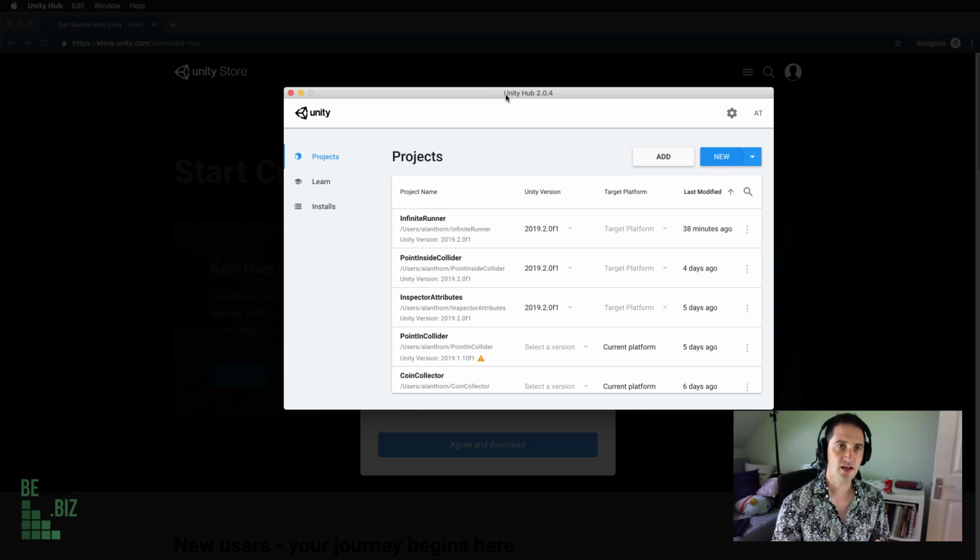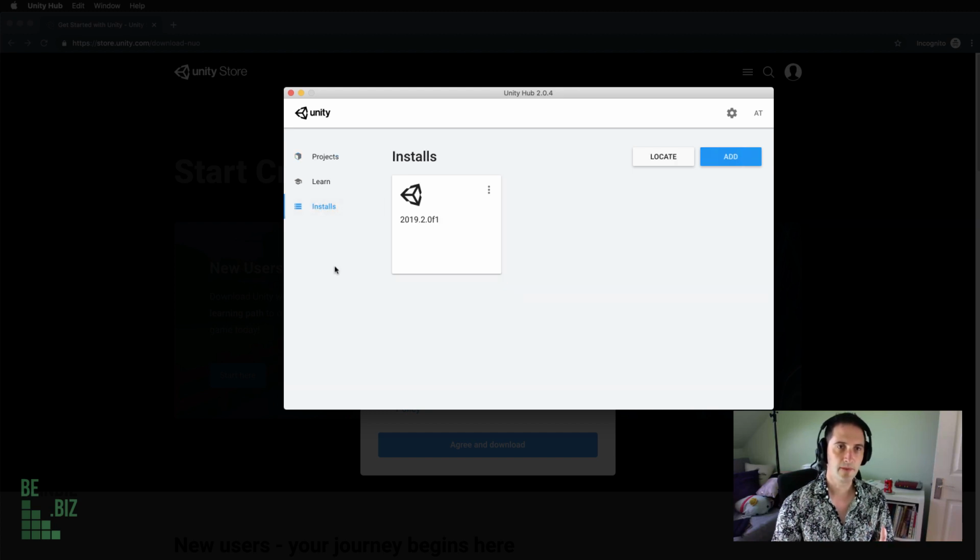Now, if your Unity Hub doesn't immediately direct you to do that, you can move down here to the Installs section, which is a list of all the different versions of Unity on your computer. Now, I'm going to be using